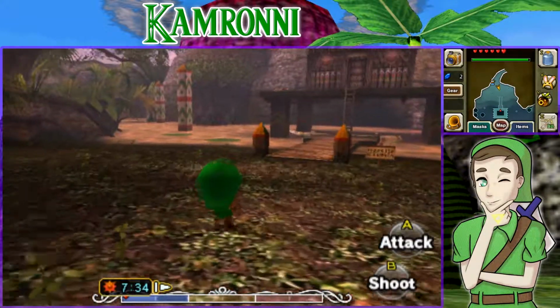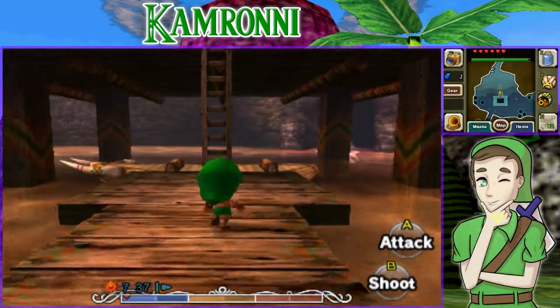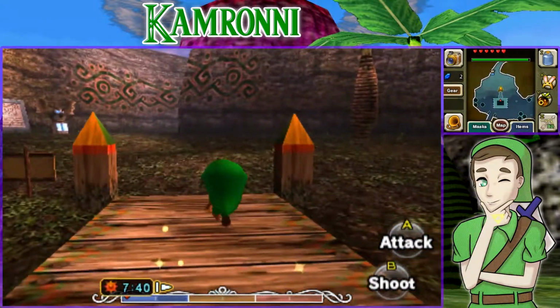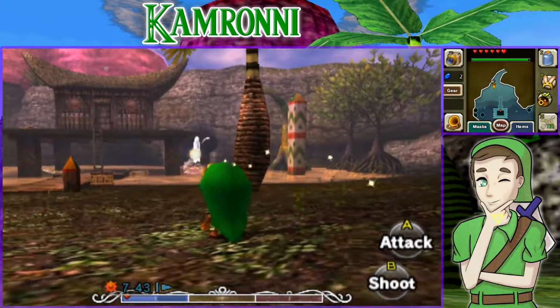There are a few ways to get to where we're going, the easiest of which is to go ahead and take the boat cruise. So what we're going to do is we're just going to take a picture of anything, because if we take any kind of photograph whatsoever, the tourist center guy will give us a free ride to the southern swamp. So let's just go take a picture of...